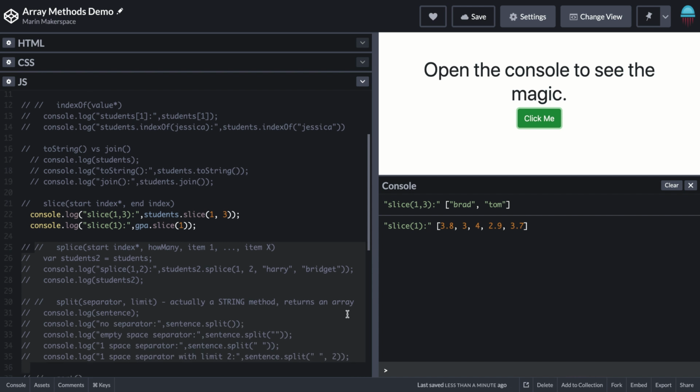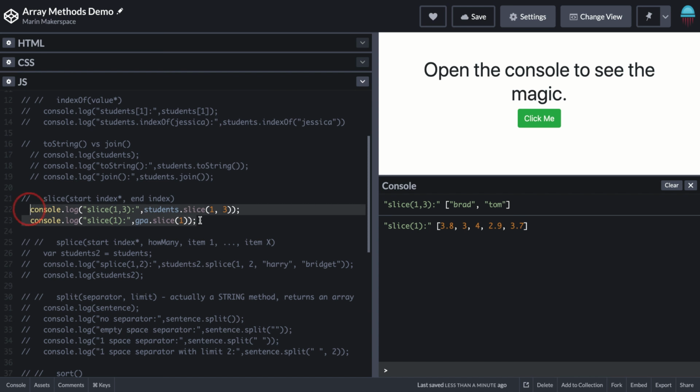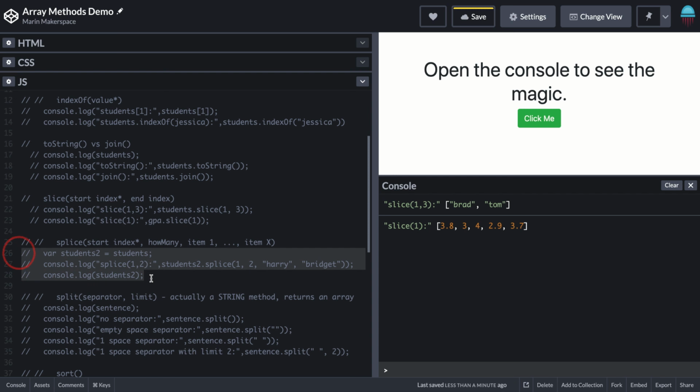Now let's take a look at the splice method. So the splice method also requires a starting index and can take some other options. So it can take how many you'd like to remove, and then if you want to insert, splice will also insert items. So I'm going to start at index 1. I'm going to remove 2 and add Harry and Bridget. So when we look at our students,